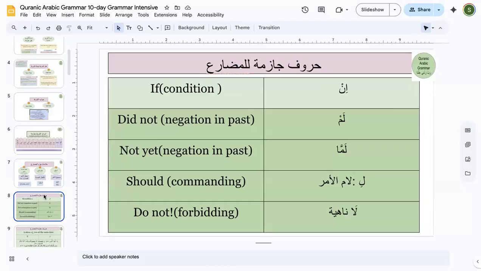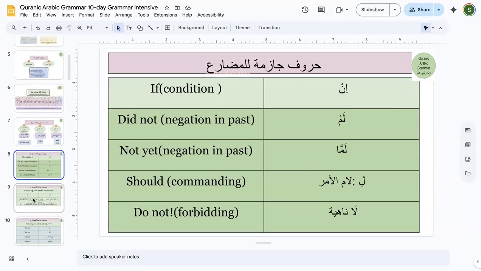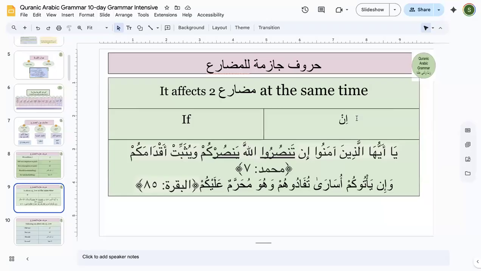there are haruf shart jazima. In is one harf shart jazima, but there are other haruf that can make mudari majzoom, which are lam, lamma, li, la nahiya. Right? You all know that lam, lamma, li, la nahiya, they can all make your fi'l mudari majzoom. But when it comes to in,